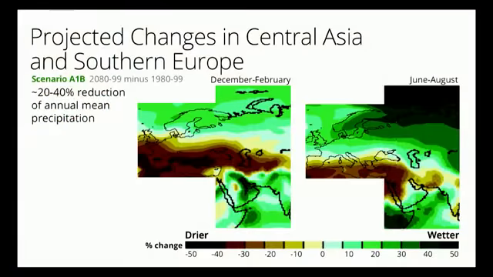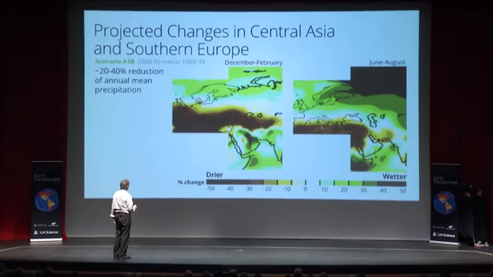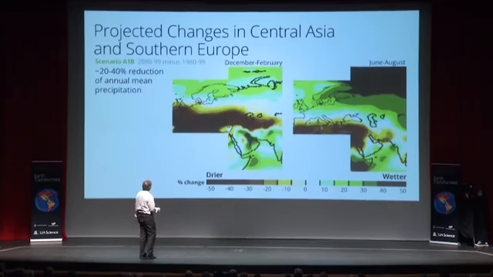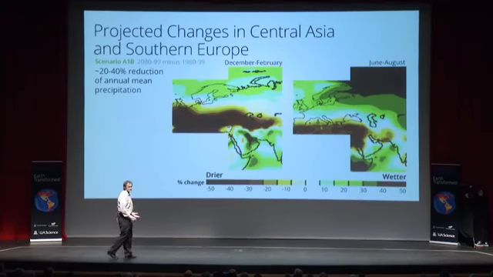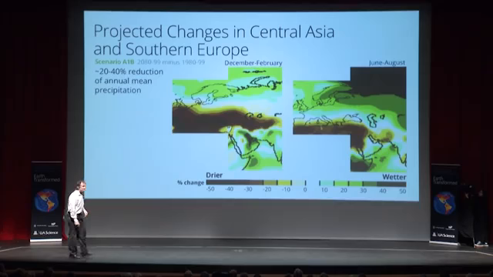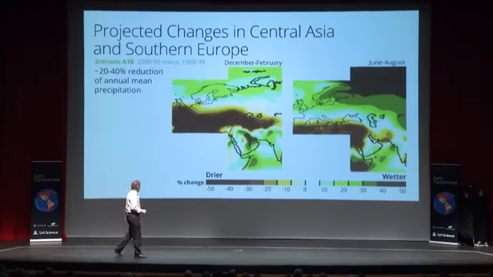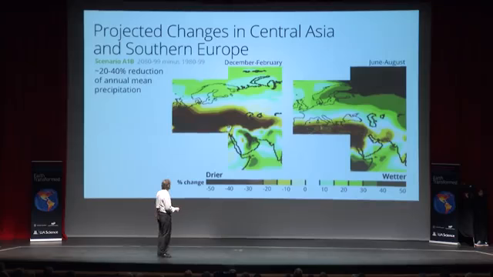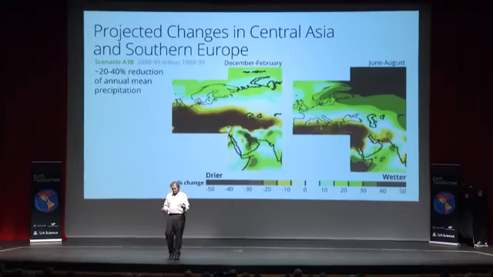Precipitation. Like I said, there's not much we can say. We know there's a place in the world where it will be reduced. Here's Scandinavia. Here's the Arabian Peninsula, the Horn of Africa, India. And what this shows is how the wintertime and the summertime rainfall will change at the end of this century compared to the end of last century. The darkest black here is a 50% reduction in rainfall. This is the wet season, by the way, in this region. And here it's like 20 to 30%. In the annual mean, you're talking about a reduction in rainfall of about 20 to 30%.